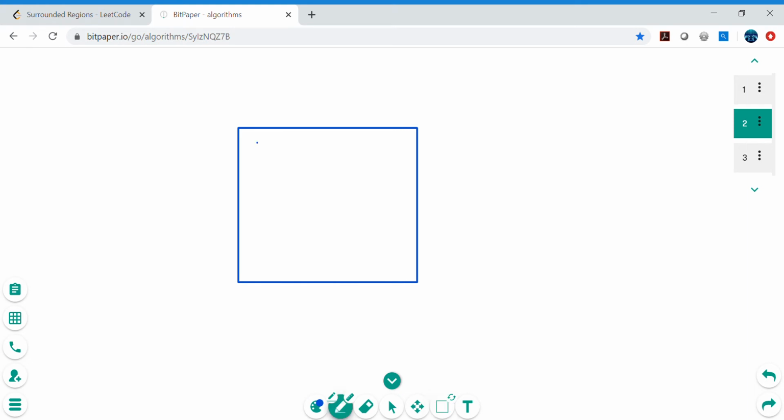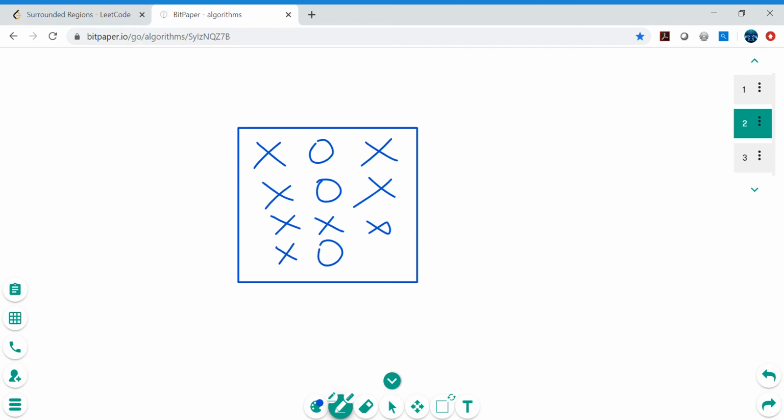Let's say we have something like this: X, O, X, X, X, X, and then X, O, X, and then X, X, O. I'm just trying to take some edge cases as well.